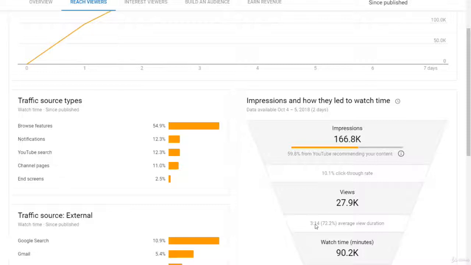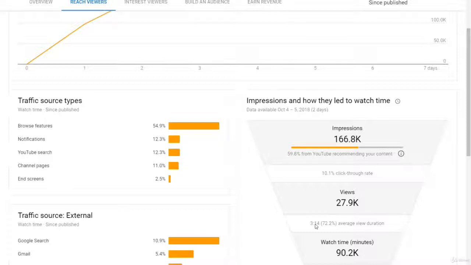And then you couple that with a really good thumbnail, which is going to increase your click-through rate, and a really good title, then you're going to start getting recommended by YouTube throughout suggested videos and everything, in browse features and YouTube search, and you're going to really start blowing up on YouTube. So that is my best recommendation of how to look at your analytics and start getting views by optimizing what you're strong on and getting rid of what you're weak on.